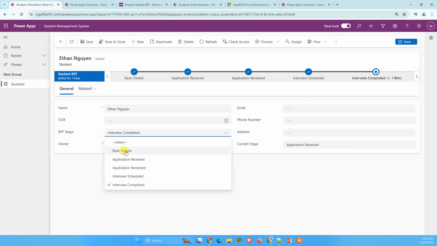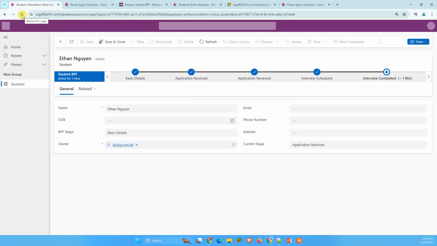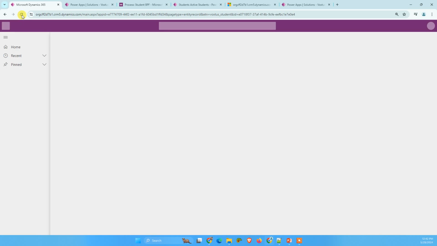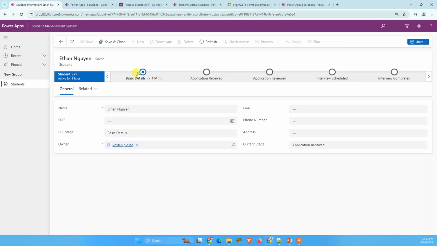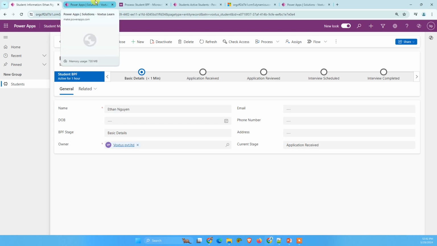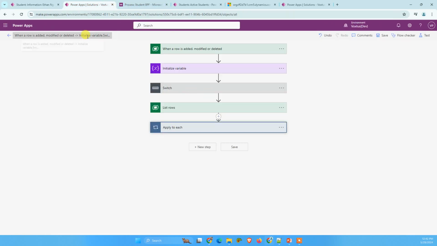Okay, now interview completed. Now if I want to set my BPF stage to basic details, I save it and let's refresh it. Refresh it one more time. Okay, now we can see basic details. So it's all happening because of our Power Automate flow. Now I'm going to set BPF stage. Now if you will see our run history,